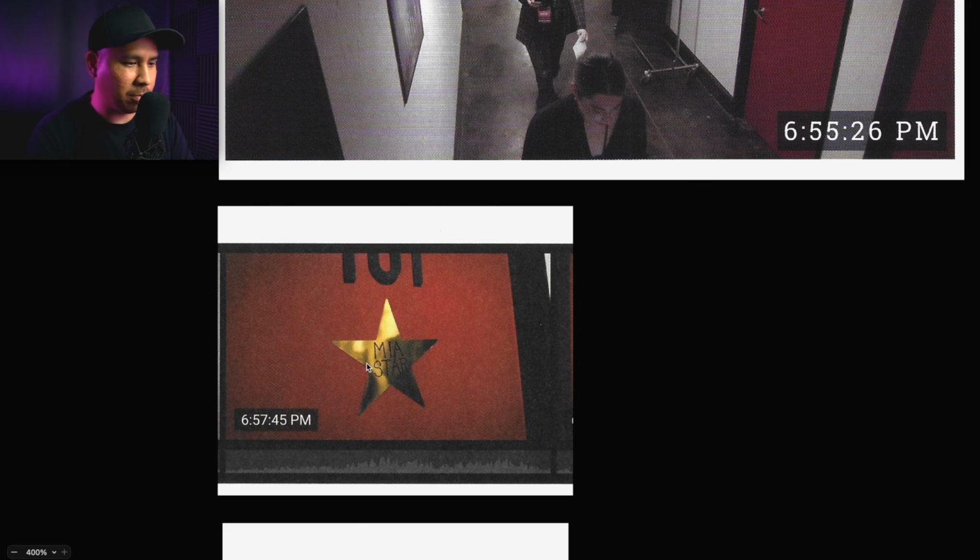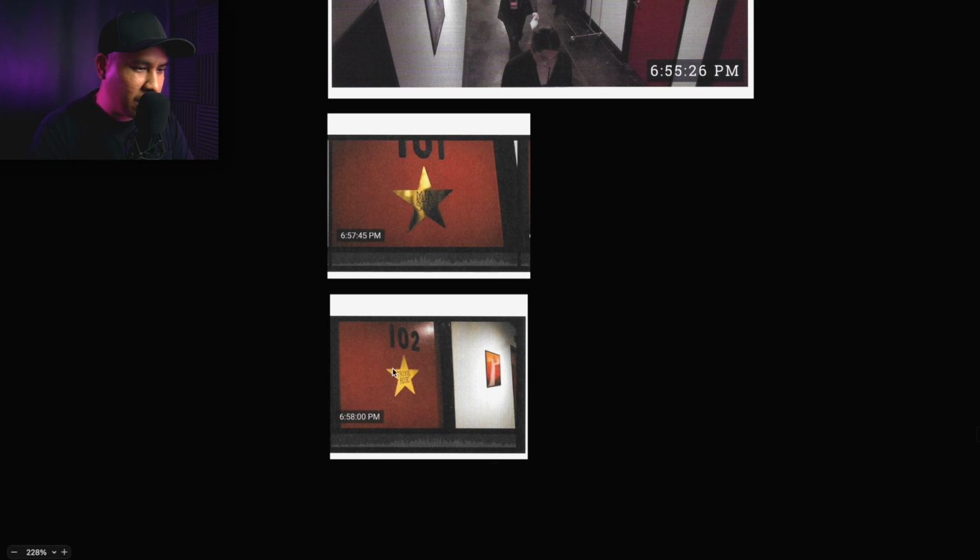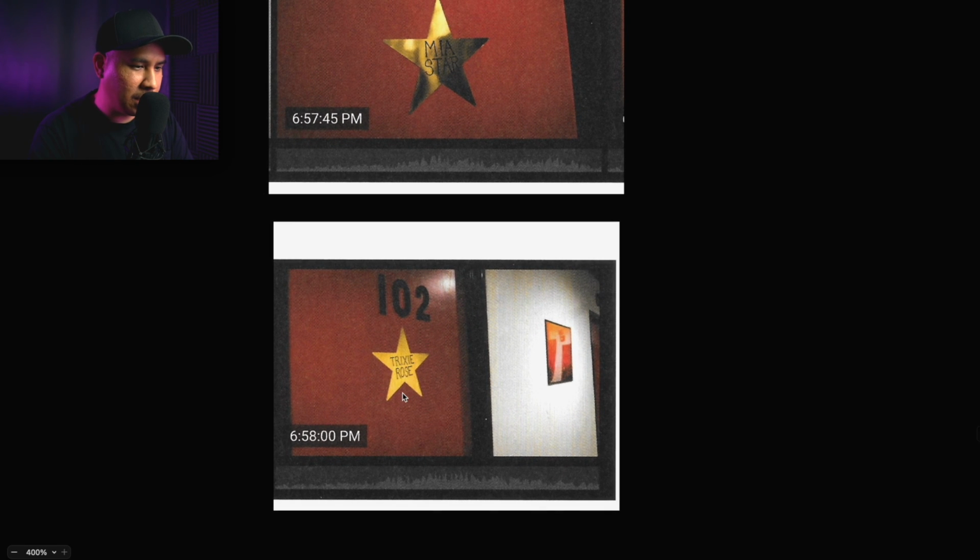Don't see anything weird about this. And then a few seconds later, or 15 to be exact, takes a picture of Trixie Rose's door. And I also don't see anything that sticks out here.